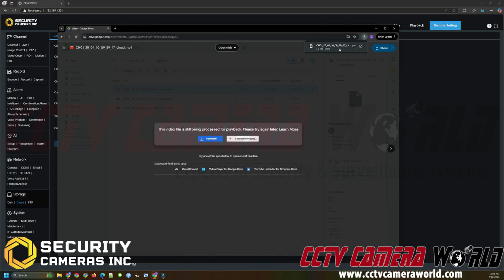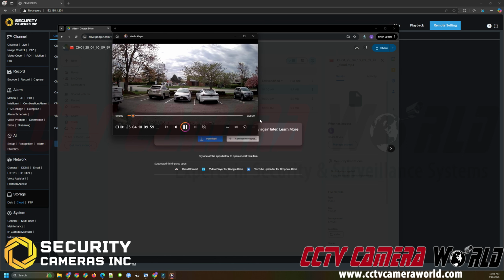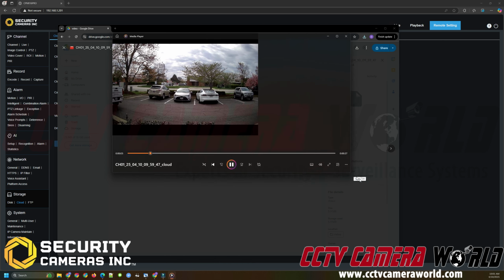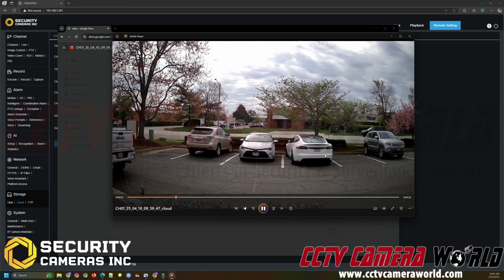Then as long as I'm on a computer with a media player such as VLC Media Player or the built-in Windows Media Player, then I can click on this file. It's going to open it up in the media player, and then we can see that car driving by is what triggered the motion detection event and caused the NVR to pack that video up and upload it to